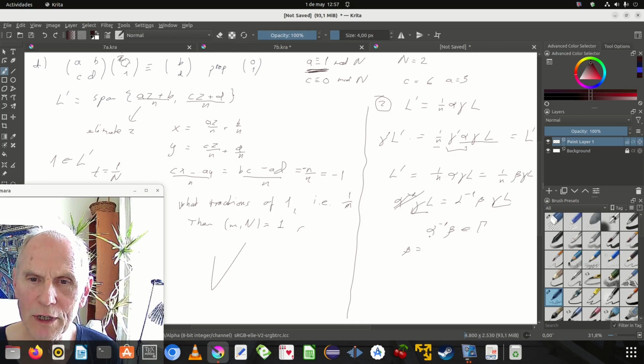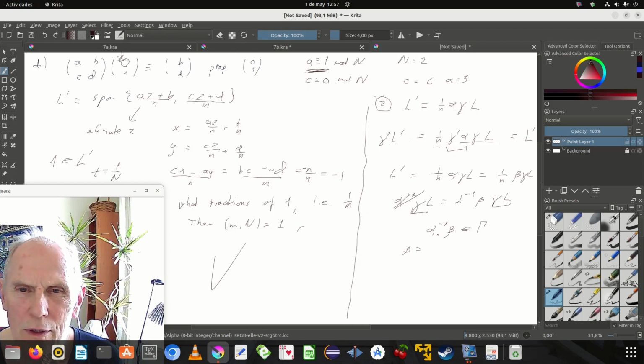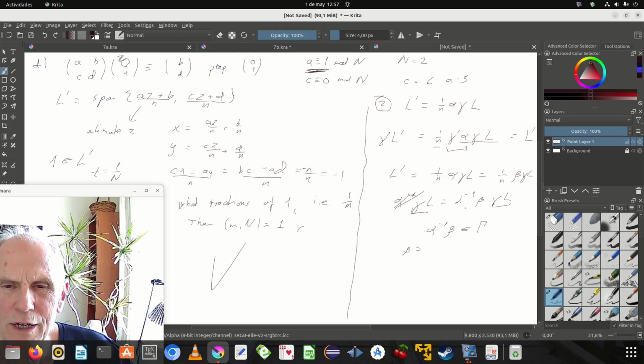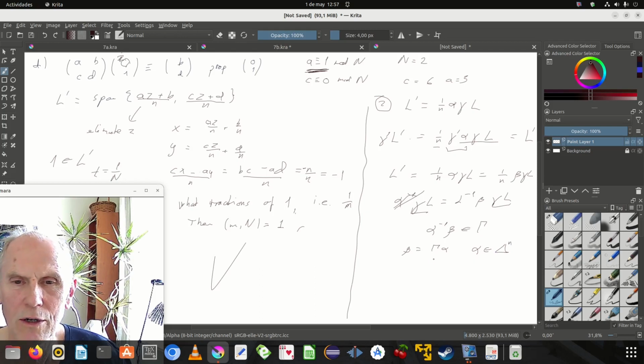Then it's very, very necessary to think, because if this is only in gamma, where alpha lies in delta n, I've only shown that if it was gamma 1 of n